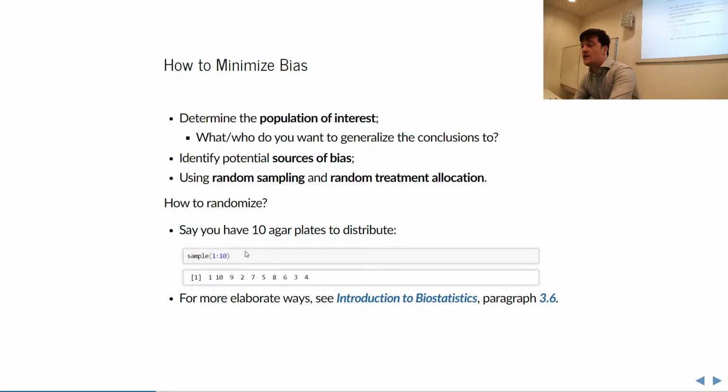Randomizing in R is very simple. Let's say you have 10 places to distribute, just say sample and then the numbers 1 to 10, and this is the order in which you're going to treat or assign or deal with your samples. For example, if you have 2 ovens, then you could say, okay, I'm going to put samples 1, 10, 9, 2, and 7 in one oven, and we're going to put the other ones in another oven. You can still use 2 ovens, you can still speed things up, but now there will not be a